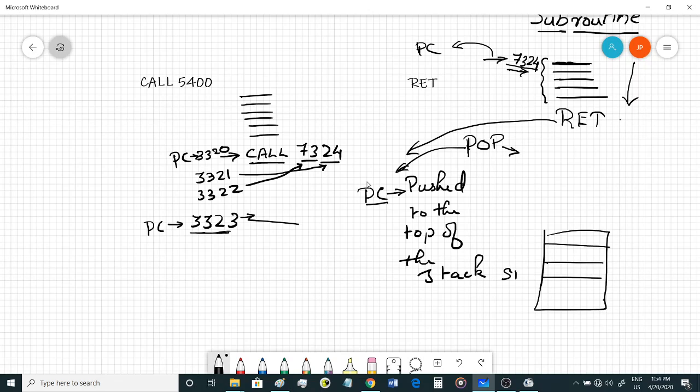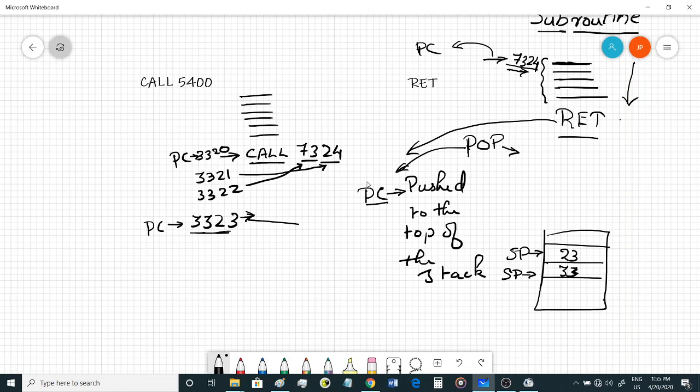The stack pointer points to the top of the stack, and whenever you push the address, 33 gets pushed onto the top of the stack. Then 23 gets pushed. Now the stack pointer is pointing to this memory location, and when you pop, the same address comes back to the program counter and it will start executing from the same memory location when a return instruction is encountered by the microprocessor.